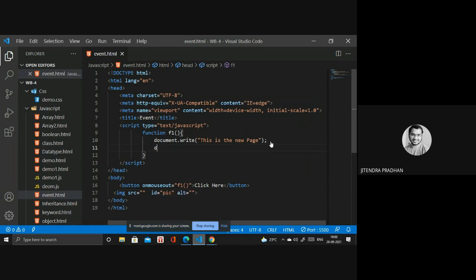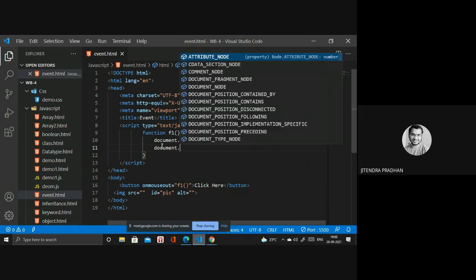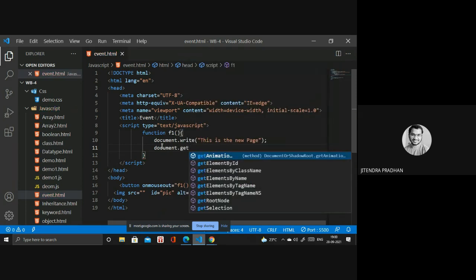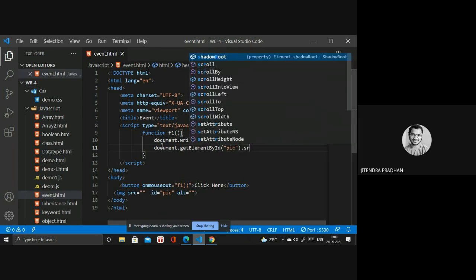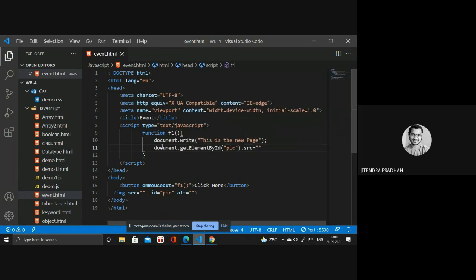In that ID, I need document.getElementById to access it, and then .src, where you write the path, dot slash, and the picture inside.